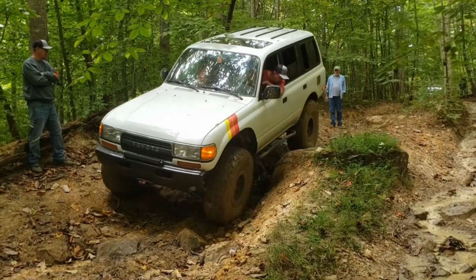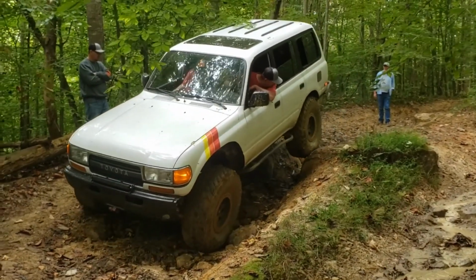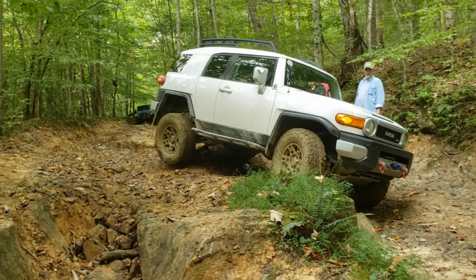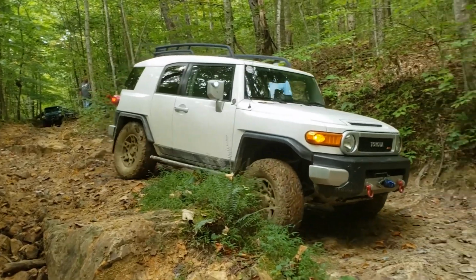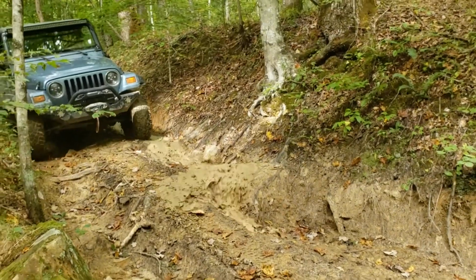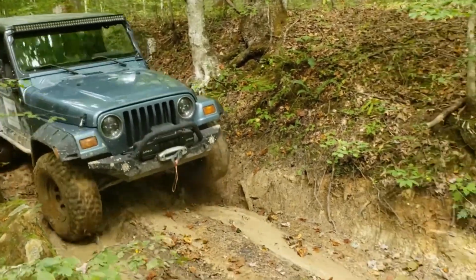The bypass is off to the right. You'll see some vehicles coming down through it in a minute, and I believe I actually have video of the old Muddy Blue. There's the FJ. He came all the way down and decided not to go across the split and cut across, and had that right rear tire off the ground. There's me coming down the bypass. What you didn't see is how deep that water was. The next guy you'll see,